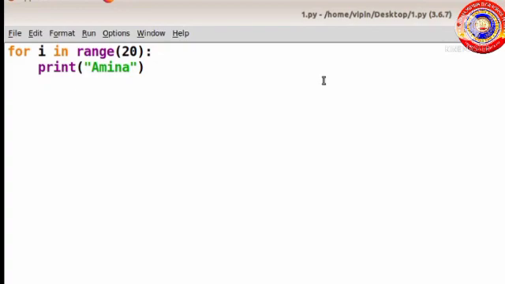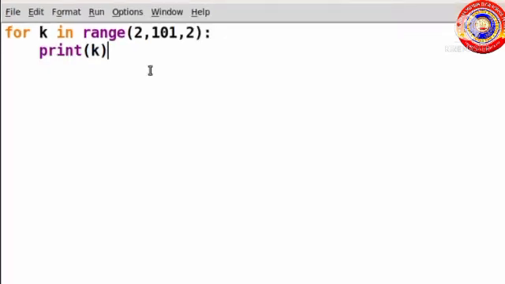Now look at this program. Can you say the output of this program? Yes, very good. The starting value is 2 here. The ending value must be less than 101. So from 2 up to 100 incremented by 2, which means the output will be 2, 4, 6, 8, etc. up to 100.